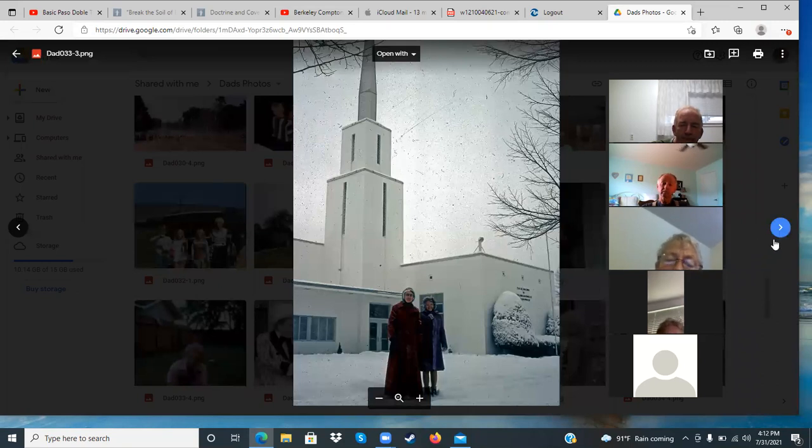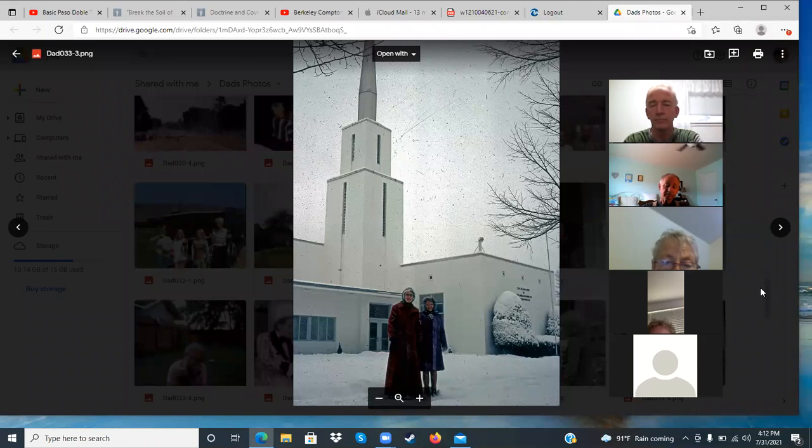Mom went periodically to visit Grandma. Let's go back to that. Oh, I wish... Back to what, Marcielle? I just lost the picture for a second. It does look like the Weiser Chapel. It was a pretty chapel. It almost looks a little bit like the Richland Steak House too.